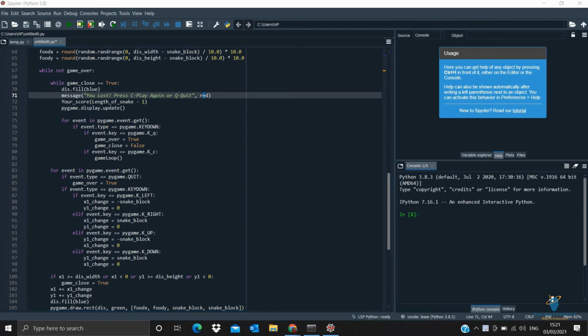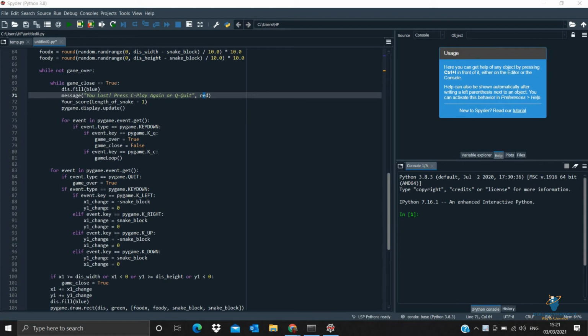Okay, so here I explained the length of the snake, and this minus one, your score. Since we are done with the length of the snake part, I have explained the concept. Now, in order to continue the game, or to quit the game, or play again, we want to get an external command from your side, so that if you press a particular key, you can either quit the game or play the game.